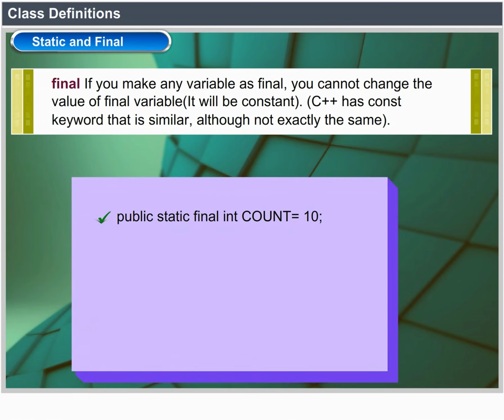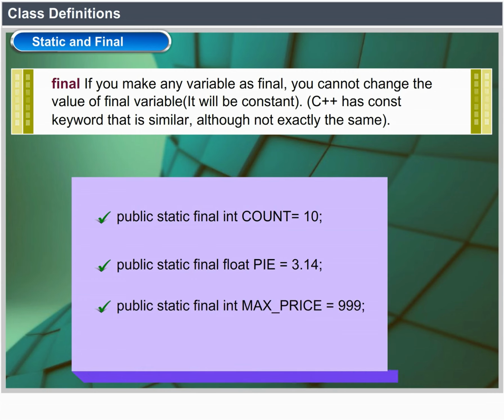public static final int count = 10; public static final float pi = 3.14; public static final int max_price = 999; public static final int minimum_price = 699;